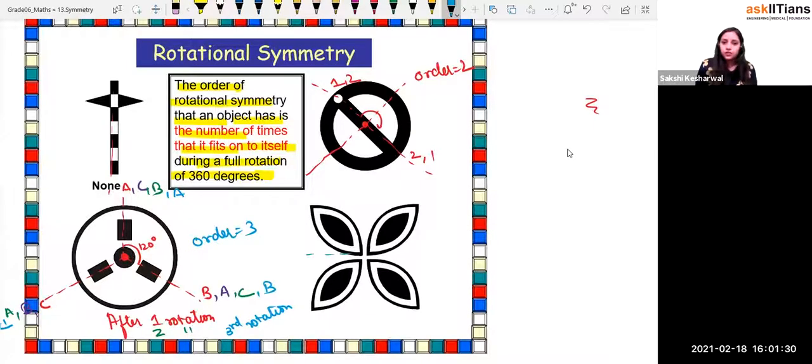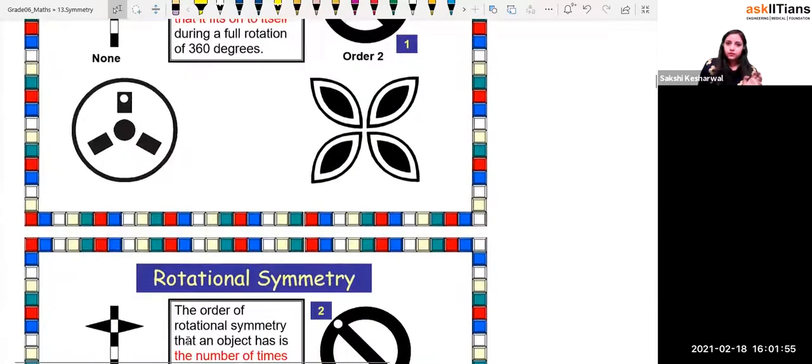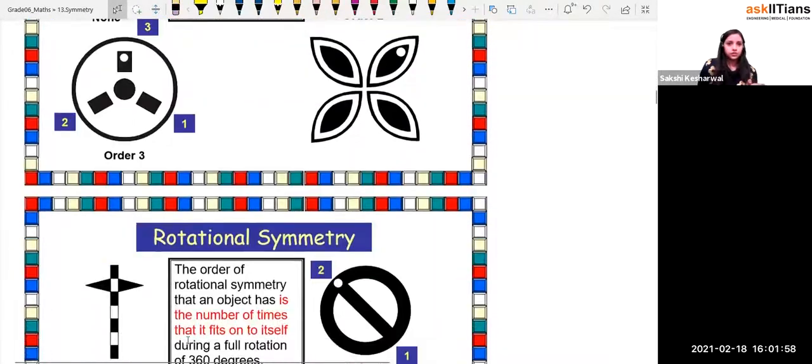Now similarly, if you see this figure, this is like 1, this one is like 2. I'll take this as a point of symmetry. So what will be the order? If you rotate this by 90 degrees, again you will get A over here, then B, then C, then C. So every 90 degrees you will get the same flowers, right? So its order is how much, beta? The order is 4. This is order 4, right? Now coming to rotational symmetry, I think this is done.